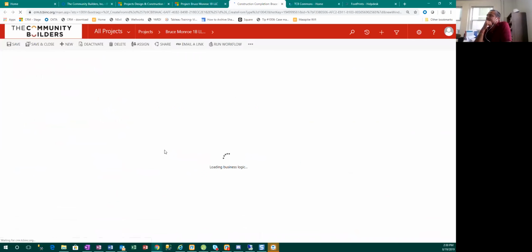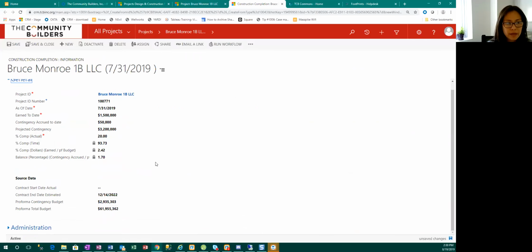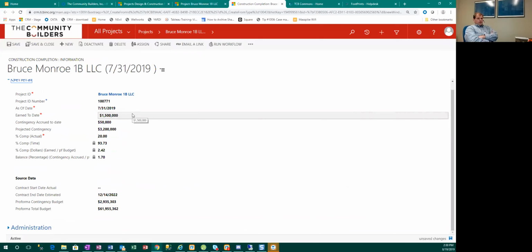when we're entering earned to date, is that earned on the pro forma, or earned on pro forma and contingency? Is it overall total completed to date? Total completed to date. If you've got change orders that have been approved and billed, that goes in that number. So that would be what's in the draw of earned to date. Theoretically, if we had billed the entire contingency in this scenario, that would have the 50,000 in there already. That's correct. If you had billed the whole contingency of 3,200, right, this would be